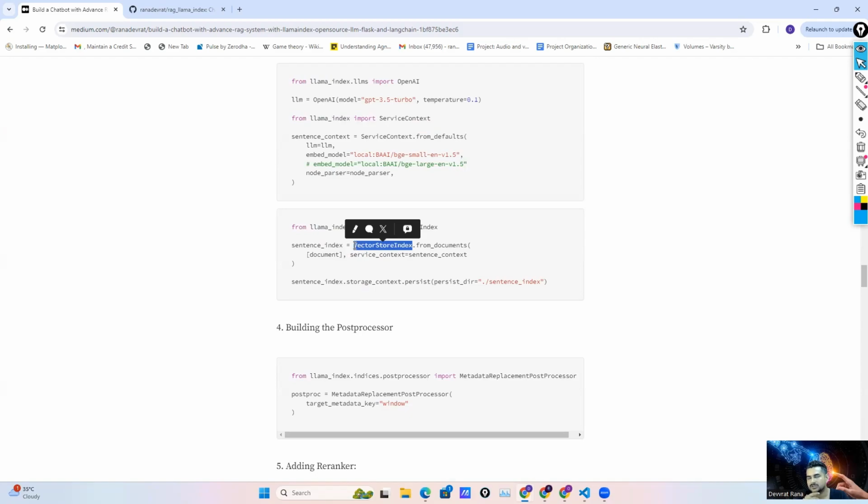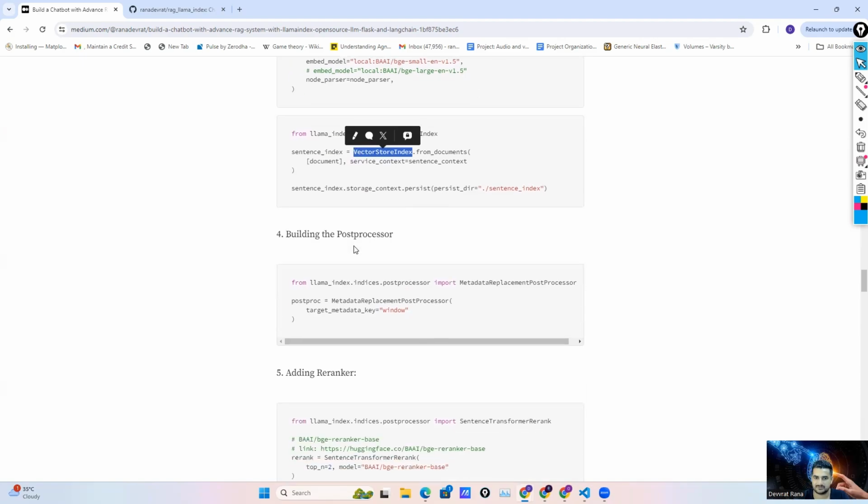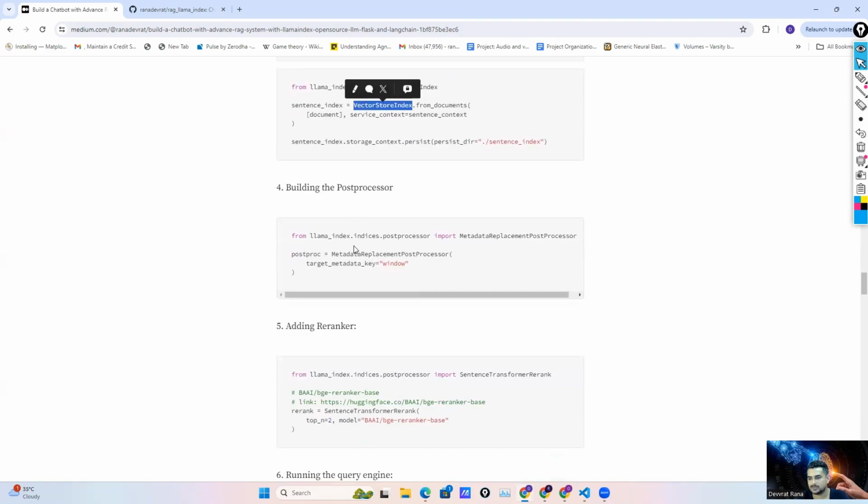where we basically used the Facebook AI Similarity Search, or Chroma DB, but here we are using the vector store index. This is the same vector database. Now we need to develop our